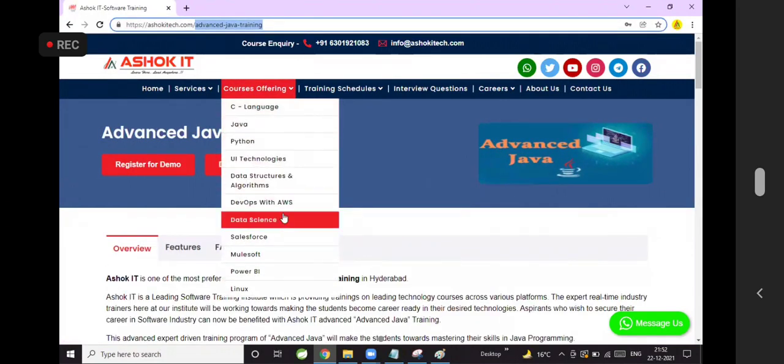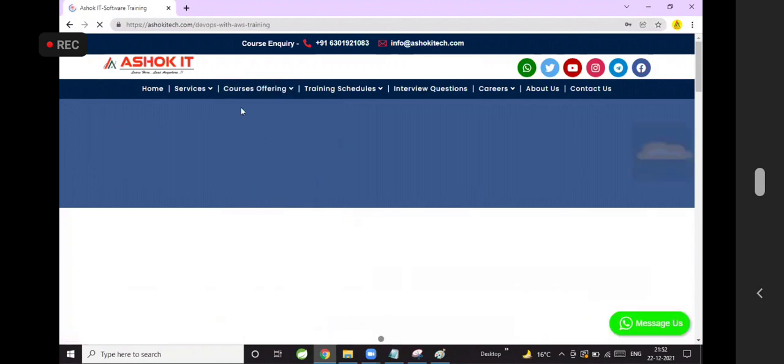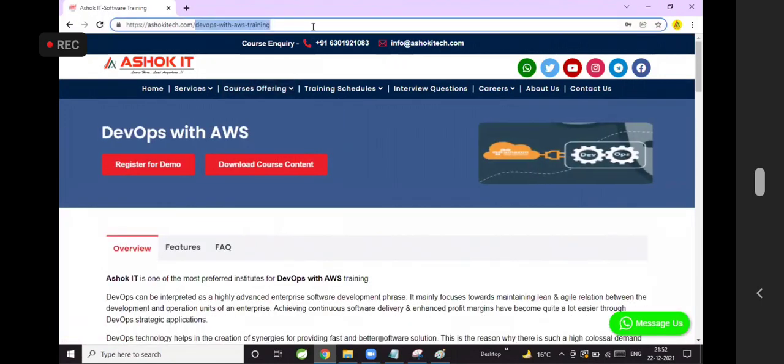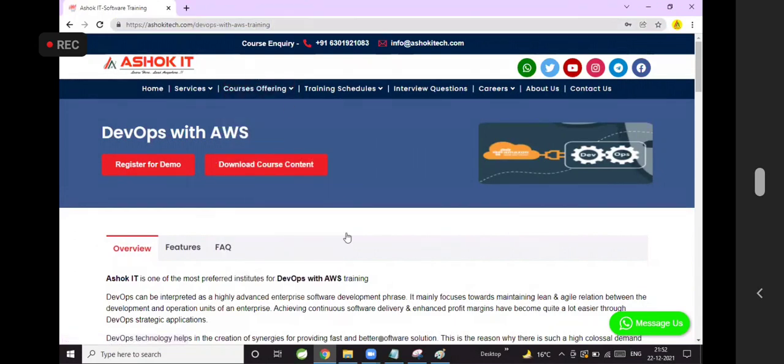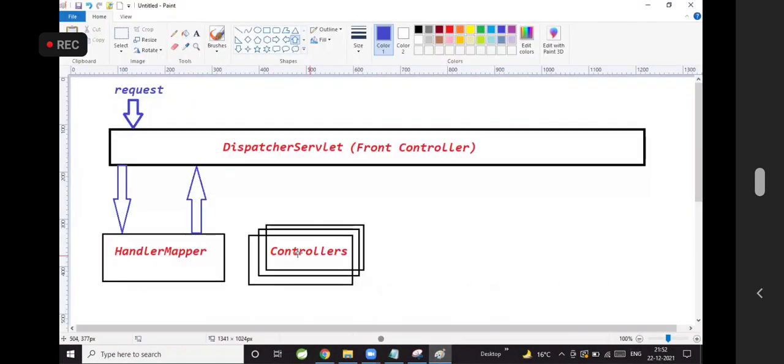When the user clicks on DevOps with AWS, the URL goes to DevOps with AWS training. So for every URL, one particular controller should be executed. For this request, which controller should be executed? That will be identified by the handler mapper. The handler mapper is responsible to identify which controller should execute the request.